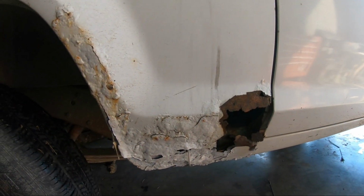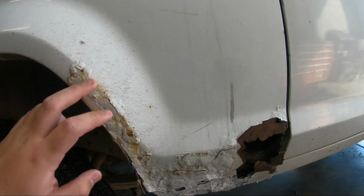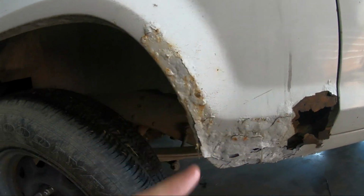that's pretty bad. It's been getting worse. If you can tell, it's currently being held together with a zip tie. I do plan on putting a cab corner, and another biggie is